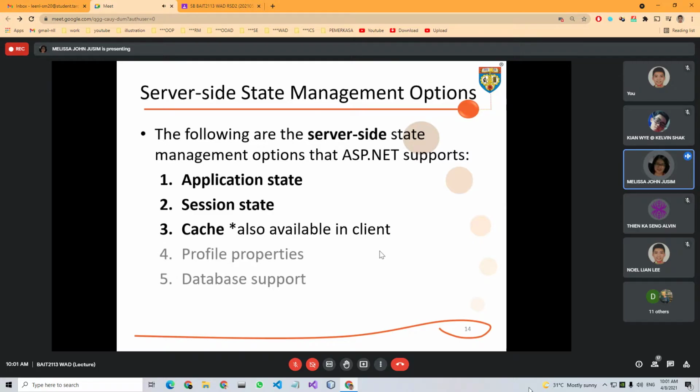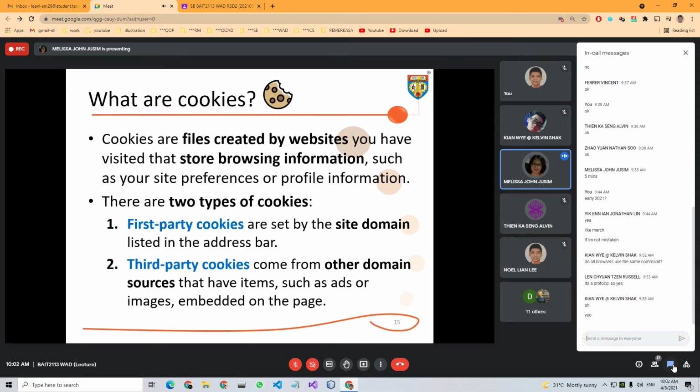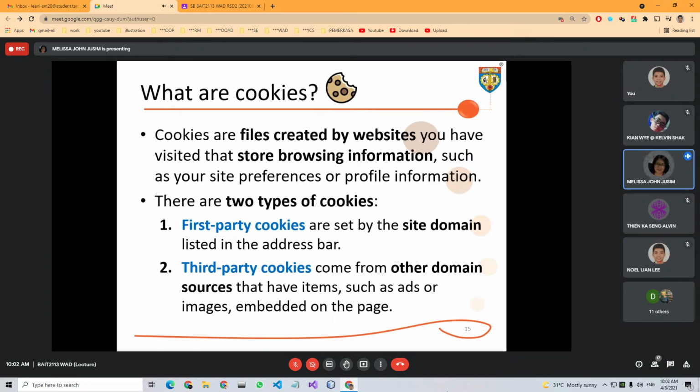For the diploma students, I'm sure you all are familiar with cookies and query strings. Let me see whether you all still remember. Put in the chat box how well you remember this from your GUI and web application development course. For DSF students, you're also taking this course, right? You have taken this course, correct?